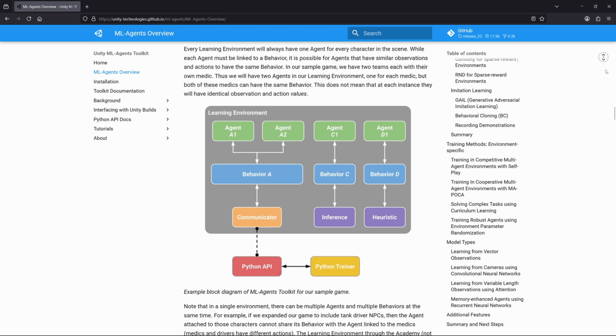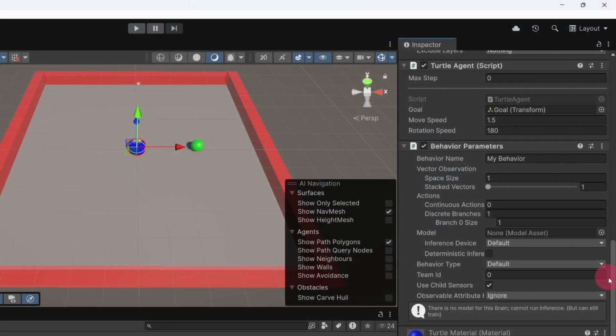You may have noticed in the diagram that there are a couple of agents linked to the same behavior. This is because multiple agents can share a single behavior, meaning they will follow the same decision-making logic. Now, let's return to the Behaviour Parameters component and see how it connects everything together. Essentially, the Behaviour Parameters component acts as a bridge between the agent and its behavior. It tells ML agents the range of observations the agent will provide, as well as the types of actions it